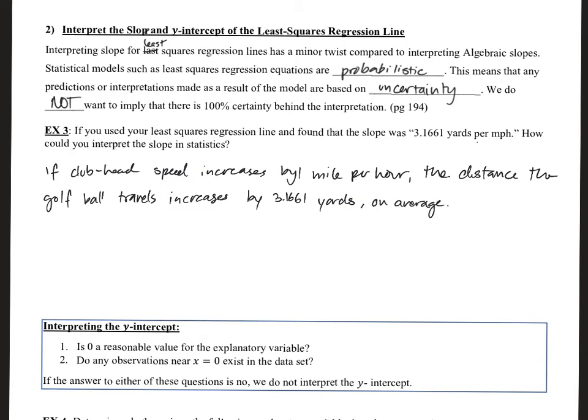We're not basing this on certainty. We're just saying it's probably what's been happening by what we've observed. So notice the big if and the fact that we say on average, slightly disclaiming some things. Another way we could write this is if club head speed increases by 1 mile per hour,